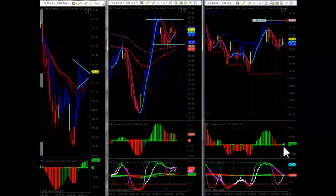Okay, 133 once again is staying above the bias line. Our Holy Grail is definitely saying that we want to go up a little bit more. Just waiting to see if we can pop to the upside and get filled here. And not a whole heck of a lot of room to run above this, by the way, because we have